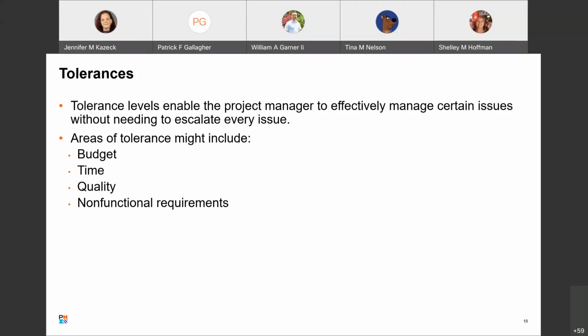Areas of tolerance might include budget, time, quality, and non-functional requirements. For example, you as a project manager can control issues with a budget or time variance of less than 5%, and then be required to escalate any variances that exceed that threshold.